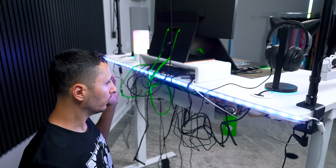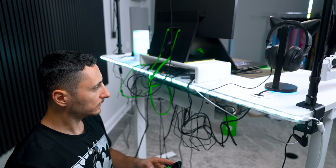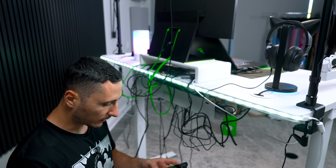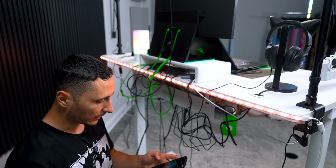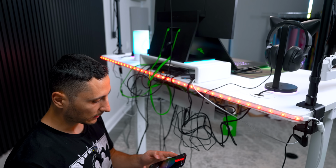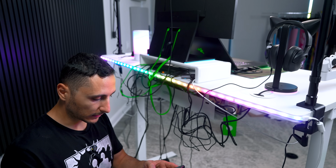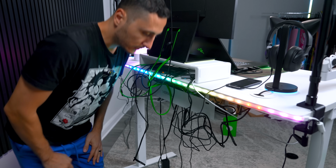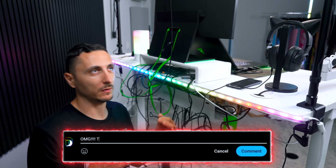And there's kind of like a slow fade to the color, so it doesn't change instantly. It's a fade transition, which is pretty cool. And then down here we have like 4 different RGB effects that we can choose from. So we got spectrum, we got breathing, and then we got the wave. The wave one's pretty cool, but we have a very specific color scheme to stick with, so let's go back to green for now. Let's also work on this atrocious cable management, assuming you guys haven't roasted me in the